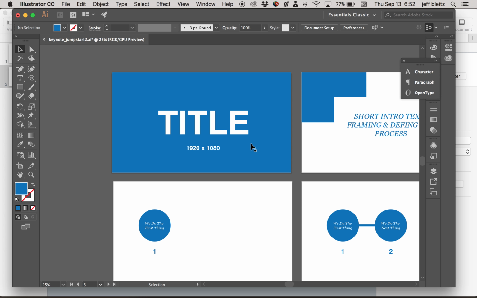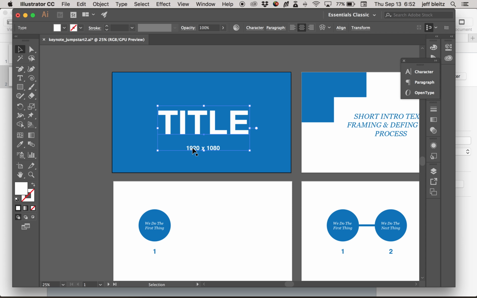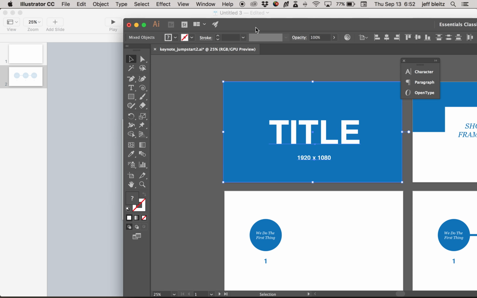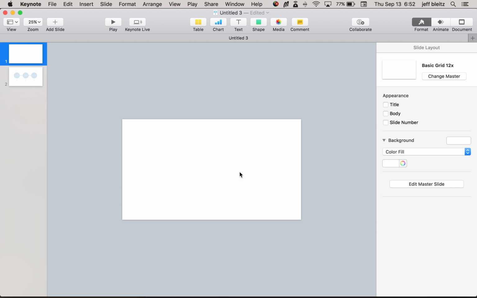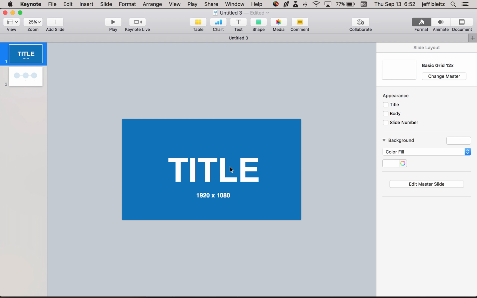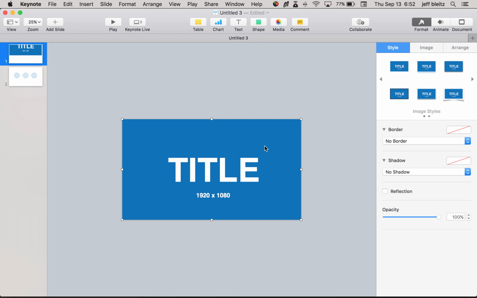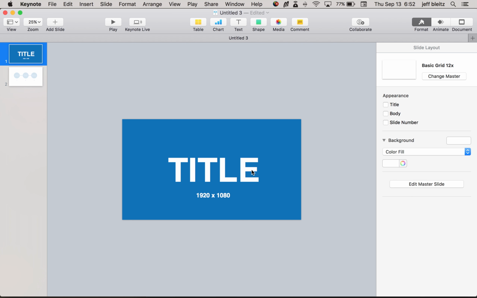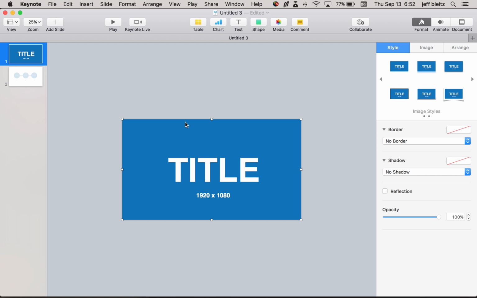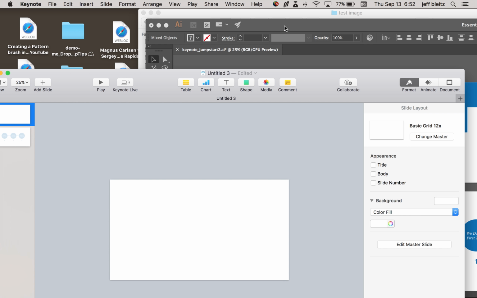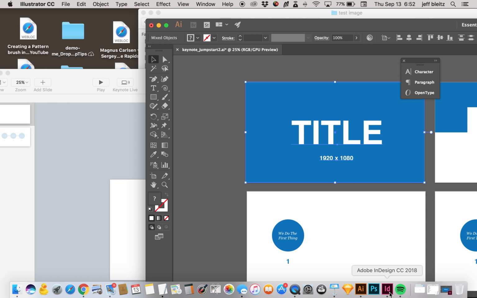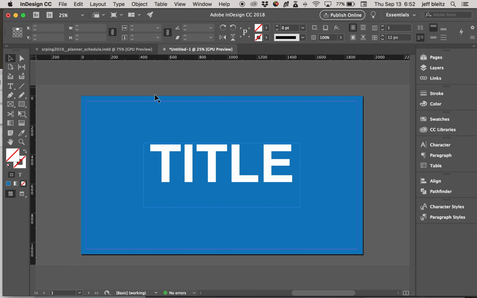But if I copy this, so this is text and a box. If I copy it and paste it into Keynote, the only thing to be aware of is this is now an image. So it won't remember the text formatting, but it will paste it pretty much the way I had it. If I go to InDesign and have a similar page,